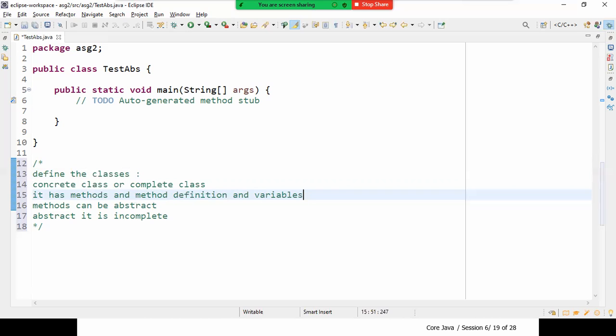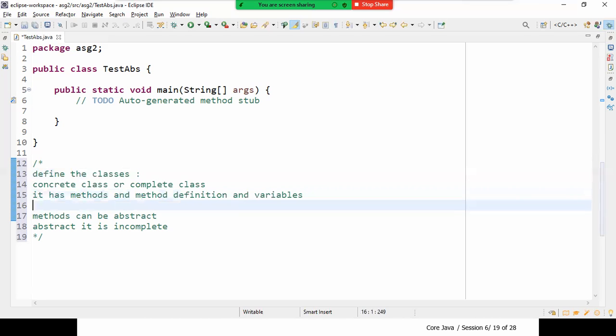Okay, now there is something called abstract classes. We say it's incomplete. When you say abstract class, as I said, it is an incomplete class. What do you mean by incomplete?